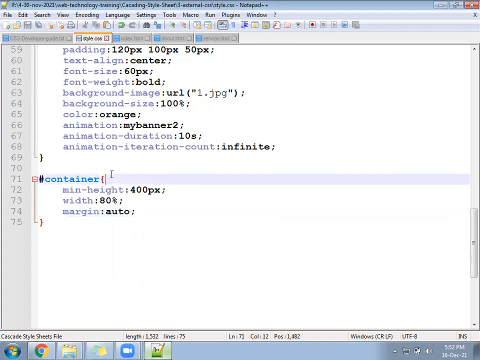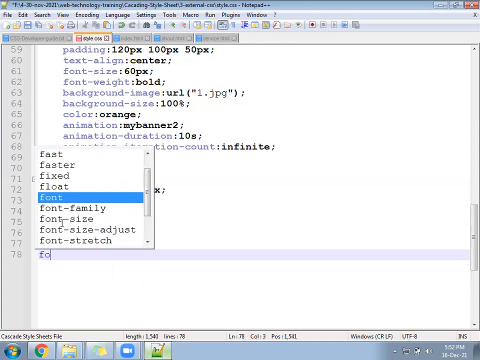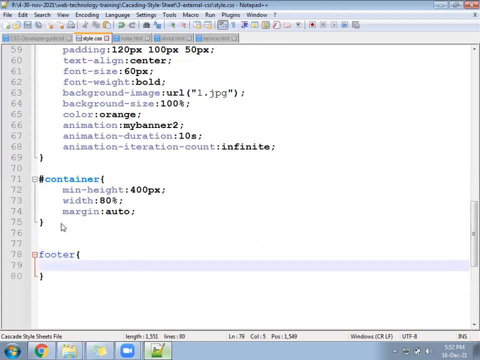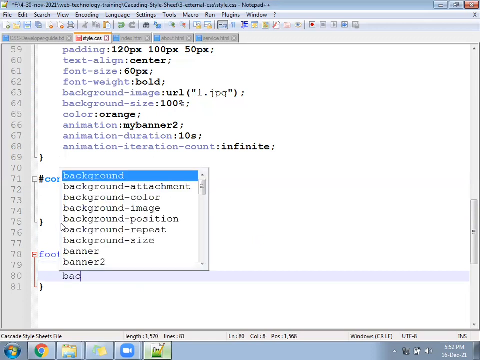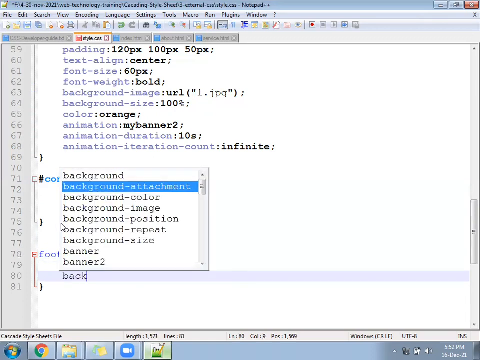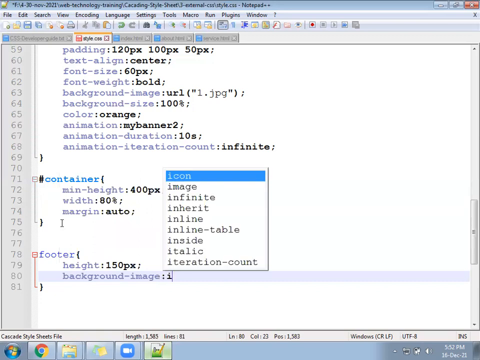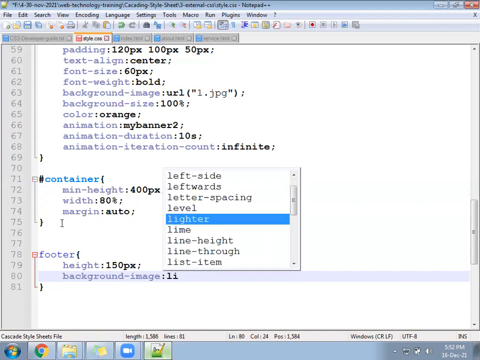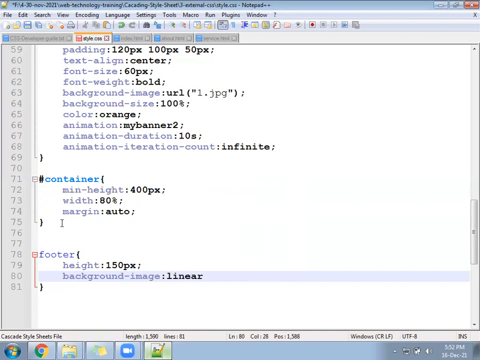Next, after this, we will have the CSS for footer. Footer is a tag directly. Height of footer keep somewhere 150. Background of footer, background-image, you can use a two color combination using the function called linear-gradient.